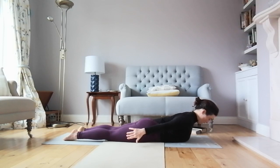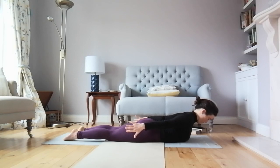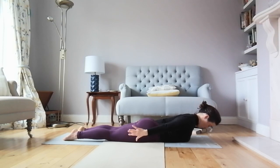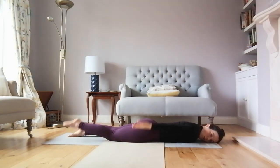So you're extending out of your spine rather than compressing into the lower back. So the action is through the whole spine rather than one area. Lower your head, left cheek to the floor. And then this time we're going to either lift up into the exact same pose again, or we're going to